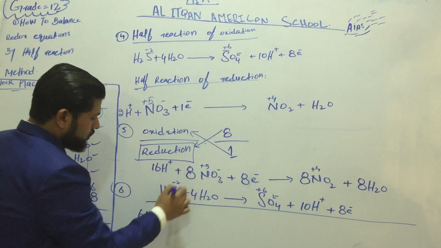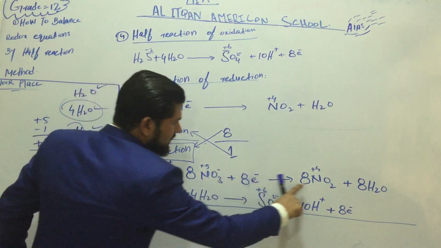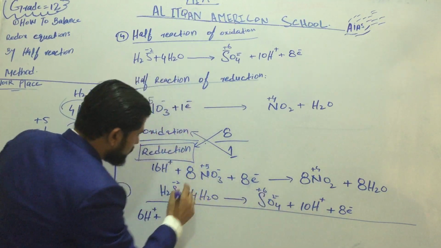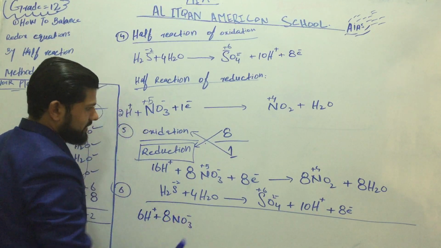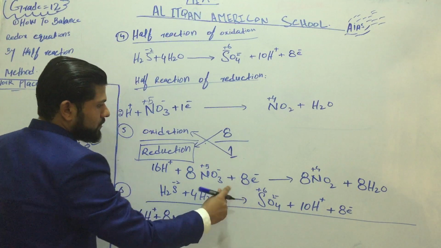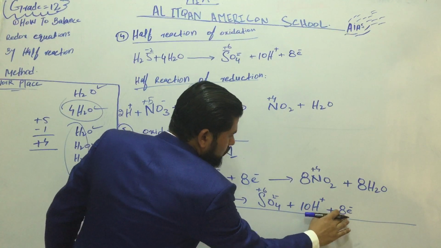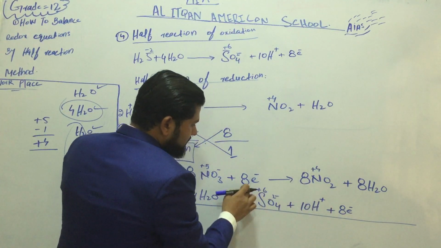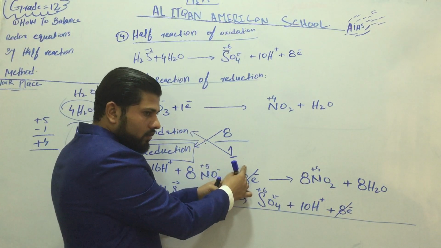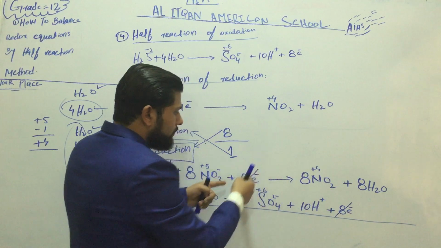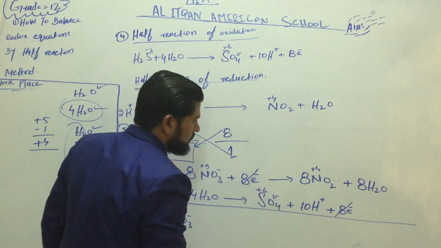Okay, and let's talk about our next component, 8 NO3. Is there any other NO3 over here? No. So I will just write the same 8 NO3, right? And 8 electrons, so you have to look again, is there any other electron? No. Oh yes, here. So you can see after the reaction the same number is given, so you can just cancel them. Okay, if there would be 10 electrons, the 8 would be cancelled with that 8, 2 would be left, so I would have mentioned here, right? But here luckily we have the same electrons. Okay, and